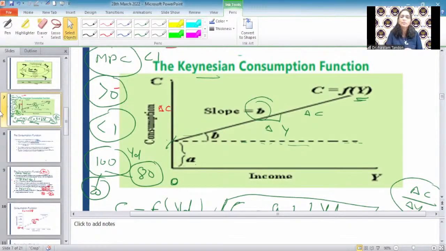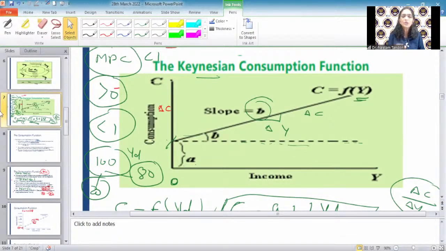अगर आपकी इनकम ₹1 बढ़ती है तो आप उसका कितना परसेंटेज खर्च करते हैं? इफ इट इज इंक्रीजिंग ₹1, आप 80 पैसा खर्च कर रहे हैं, आप 90 पैसा खर्च कर रहे हैं, आप 60 पैसा खर्च कर रहे हैं या 50 पैसा खर्च कर रहे हैं? अगर आप 50 पैसा खर्च कर रहे हैं तो आपकी एमपीसी कितनी होगी? 0.5। अगर आप 60 कर रहे हैं तो 0.6, अगर आप 75 कर रहे हैं तो 0.75, अगर आप 80 कर रहे हैं तो 0.80। जितनी ज्यादा आपकी एमपीसी होगी उतना ज्यादा परसेंटेज ऑफ इंक्रीज इन इनकम को आप स्पेंड करोगे, और जितना ज्यादा आप स्पेंड करोगे उतनी ज्यादा आप डिमांड क्रिएट करोगे। डिमांड क्रिएट करोगे मींस प्रोडक्शन होगा, प्रोडक्शन होगा मींस एम्प्लॉयमेंट होगी, एम्प्लॉयमेंट होगी मींस इनकम होगी। सो मार्जिनल प्रोपेंसिटी टू कंजम्पशन इज वेरी वेरी इंपॉर्टेंट।